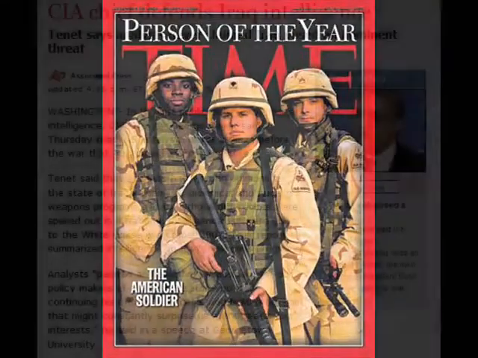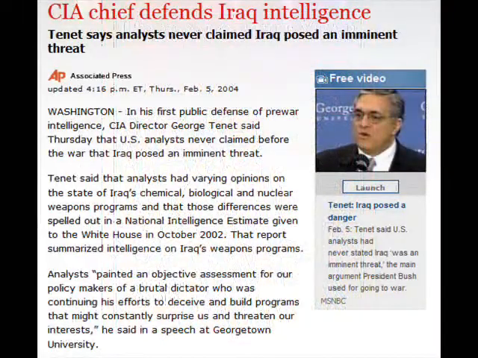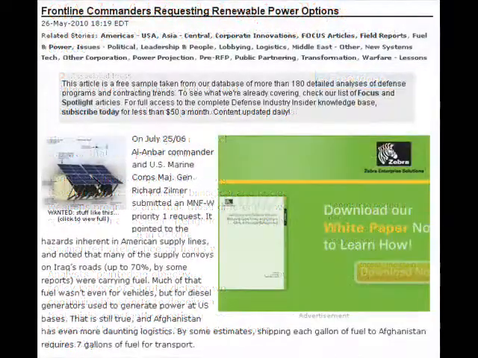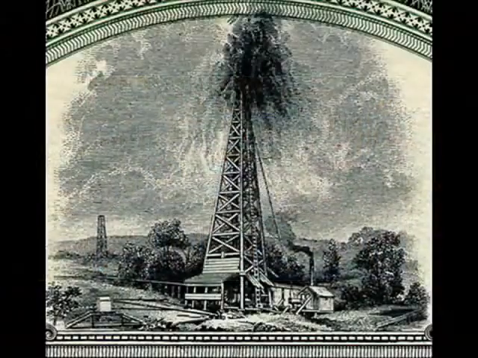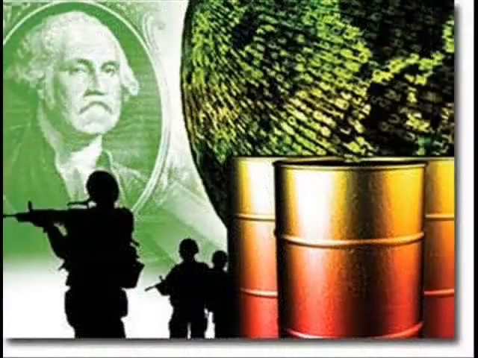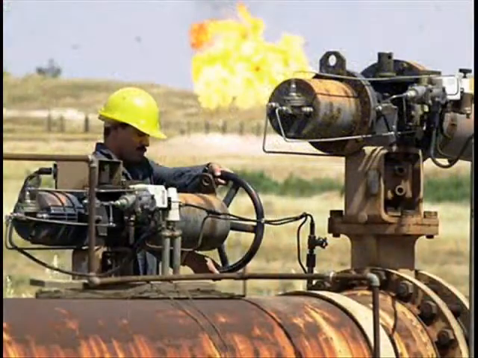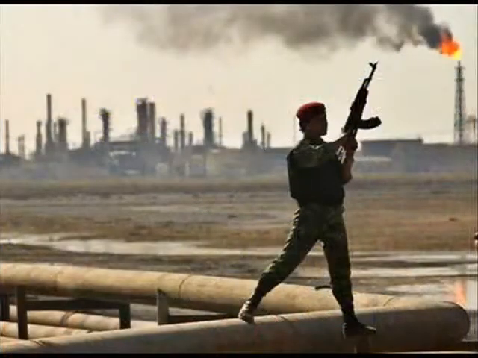And so we have the Bush administration and CIA fudging the case for WMDs in Iraq, while designing a military strategy based around destroying Iraq's alternative energy infrastructure and setting up permanent US military bases around oil reserves. More importantly than simply gaining control of the oil, however, was the act of preventing them from switching their oil currency to the euro, as well as keeping them locked into the system of oil by taking out their alternative